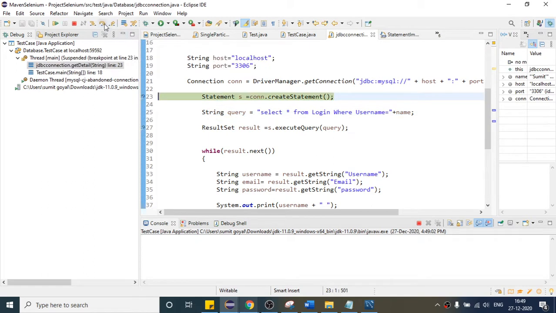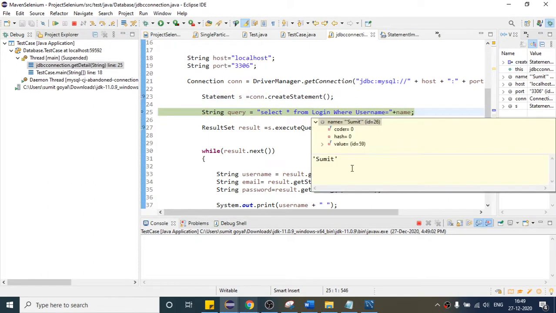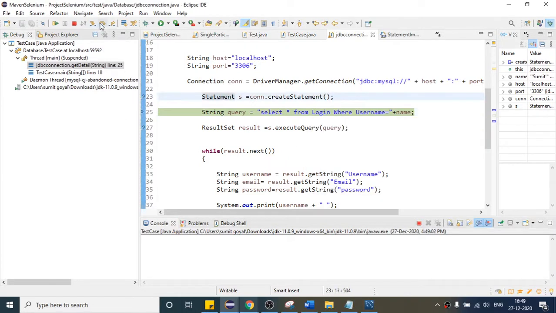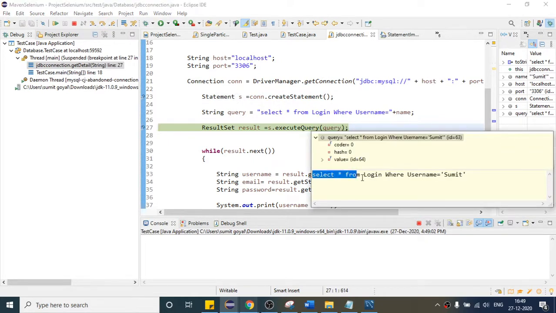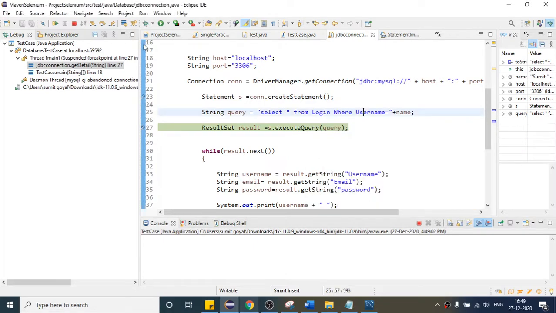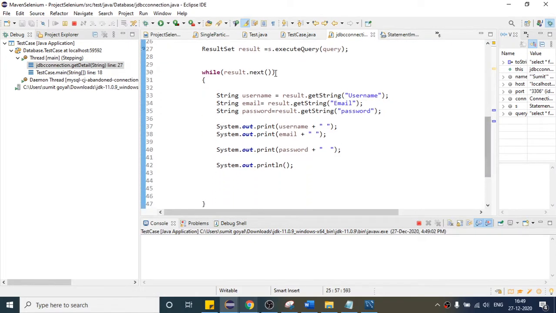Now we are here, and if I execute this time, what is the name? This time with single quotes before and after the name. So now this will be our exact query: select star from login where username equals this. It is expecting single quotes. I have put one single quote, and if I run this time, it should give me the correct result.